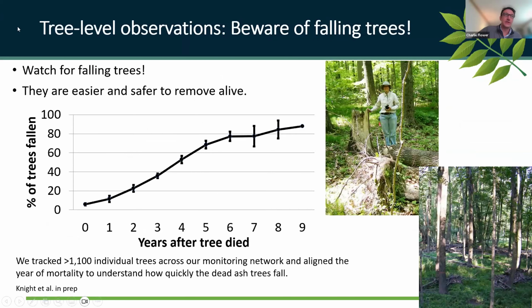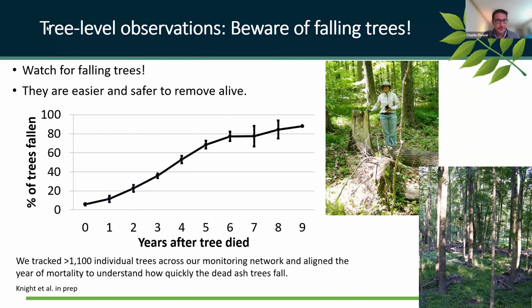So one of the things that folks and managers have to be aware of associated with this, not surprisingly, is that these trees come down pretty quickly. And so this represents a pretty significant management concern for large scale land management and municipal entities. They're much safer to move or remove when they're alive as opposed to dead. We're seeing about 80% of these trees coming down in 6 to 9 years. And so a lot of this material is going to end up in river systems and downstream. So it's one of those things folks need to be cognizant of, as far as managing impacted